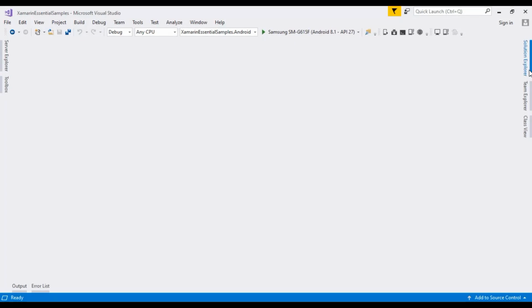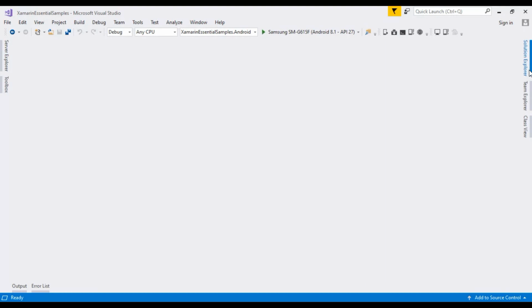In this tutorial, we are going to learn how to use Xamarin Essentials inside a Xamarin Forms project. Basically, the Xamarin Essentials library provides a lot of APIs for accessing the hardware and a few other APIs from a mobile application. Xamarin Essentials provides APIs like accessing sensors, network connectivity, location data, etc.